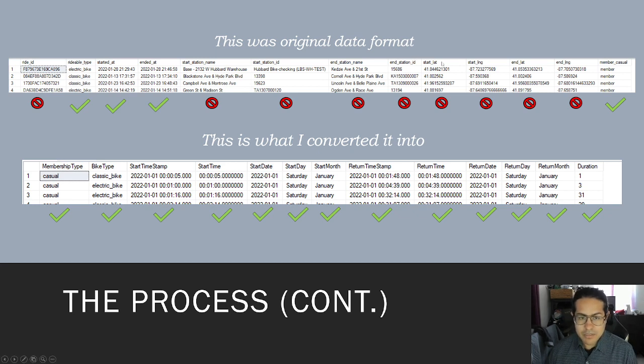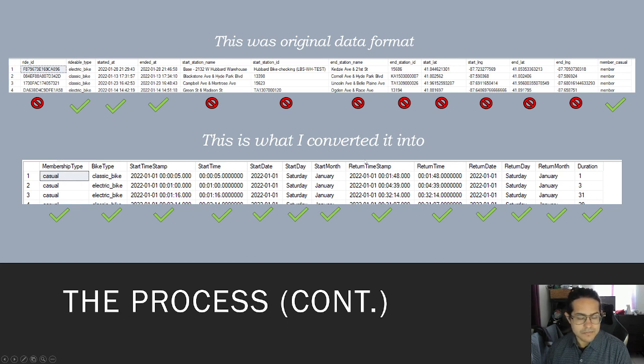The final piece, or I guess second to last piece of data that is included, was the most important, and that was the delineation between whether the transaction was from a membership or a casual. Again, if we could dive into this further, that would be ideal, but we couldn't, so those are the 2 options that we have. And the last thing that I did was I created a duration column, which just subtracts the